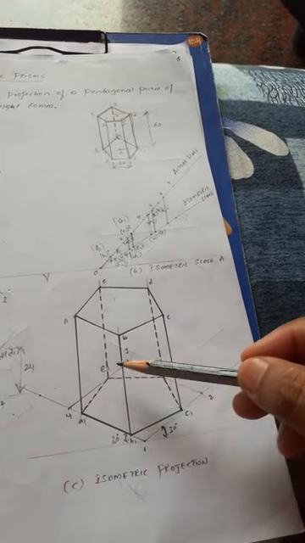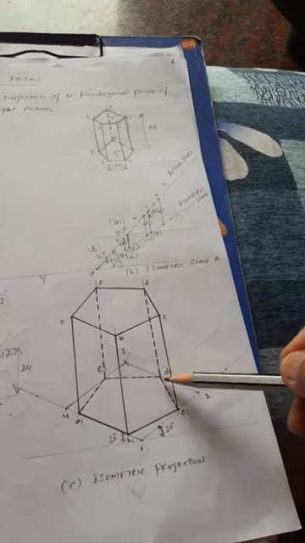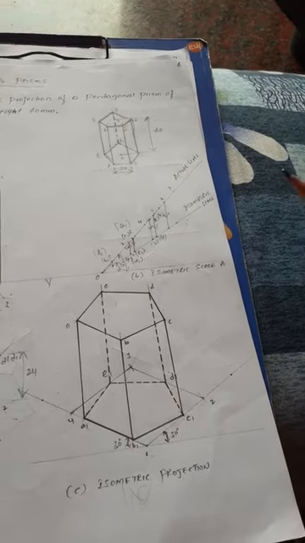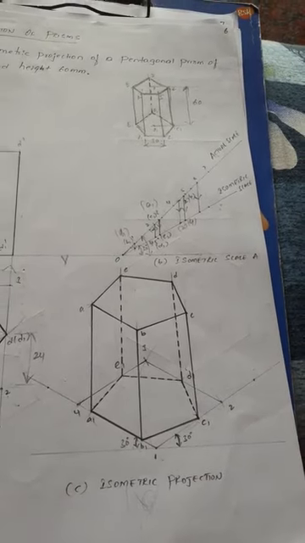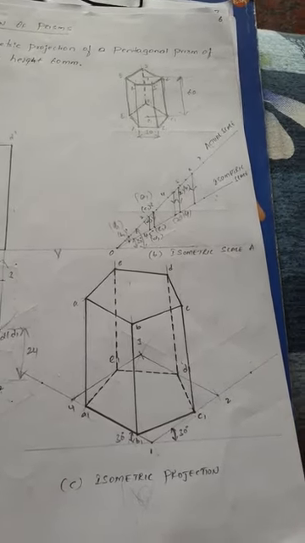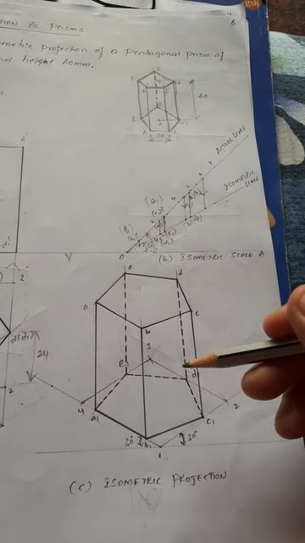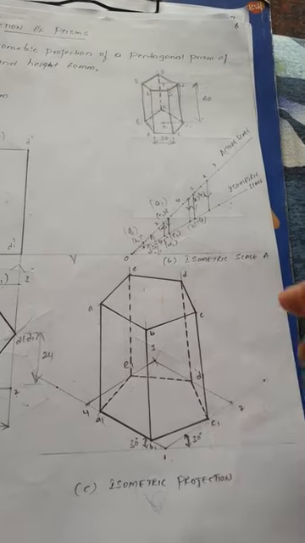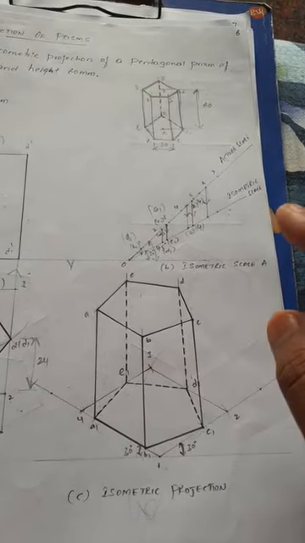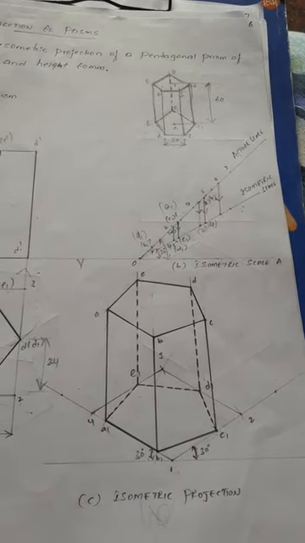The remaining edges are dashed thick lines. Either you show the dashed thick lines or you don't show them, that is left to the engineers, or left to the one who solves the problem, right? If you want to show it as a dashed thick line, or else you just remove these lines, right? I think you got how to construct the pentagonal prism.